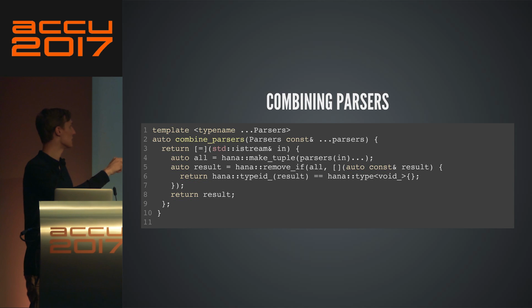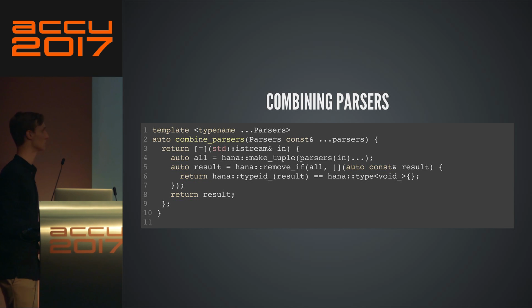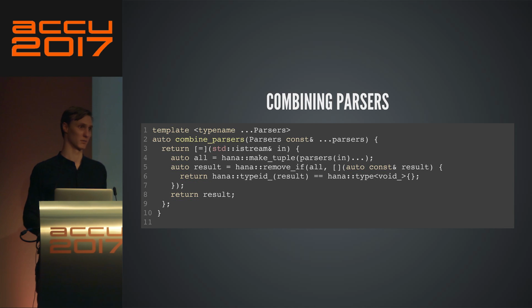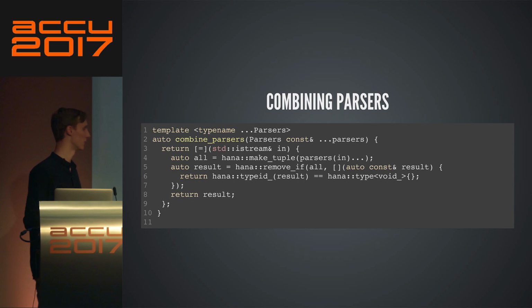I remove them by saying, if the type that you're holding is a void underscore, then just drop it on the floor. And that's it. It's no more difficult than that. If you imagine trying to write that from scratch using parameter packs or something else, it's quite annoying to write, to put it that way.